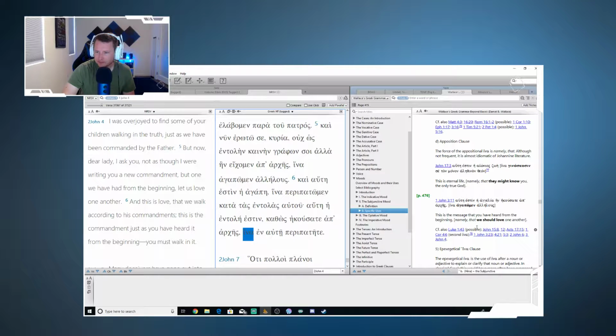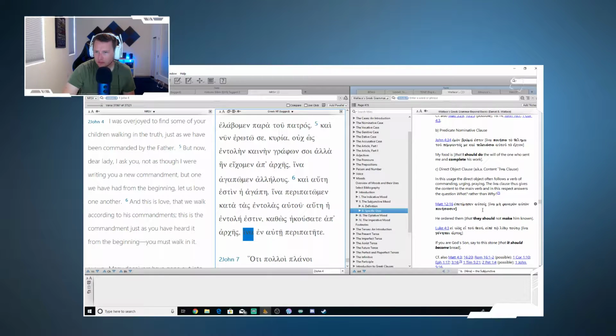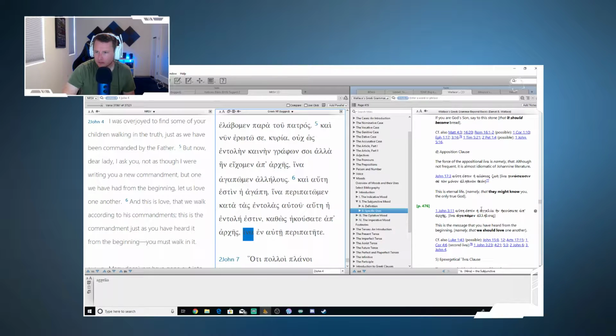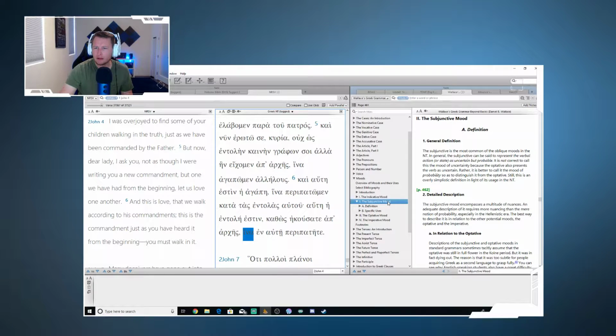Second John 6. An apposition clause. Namely that. Johannine literature. Namely that you might continuously walk. Can the subjunctive